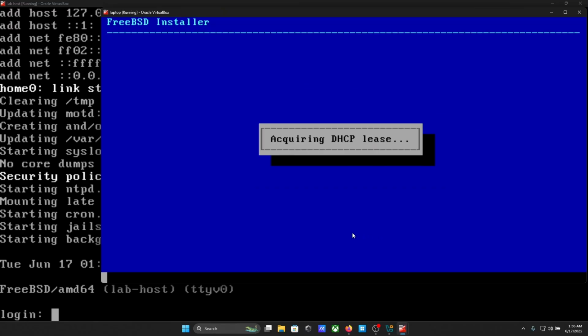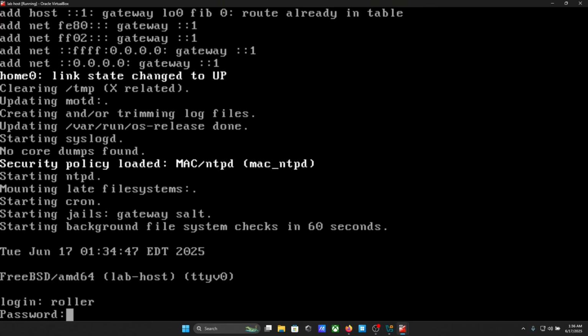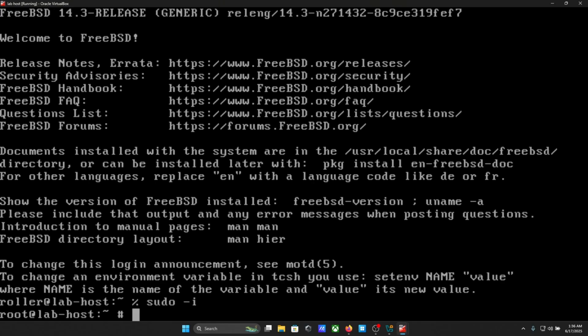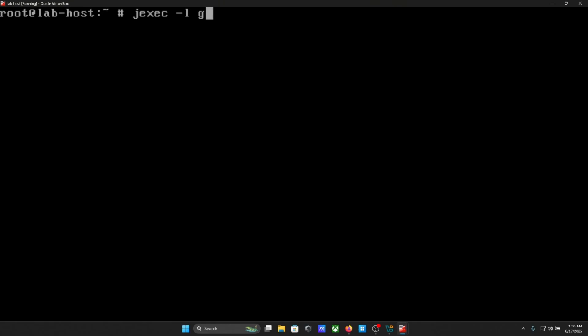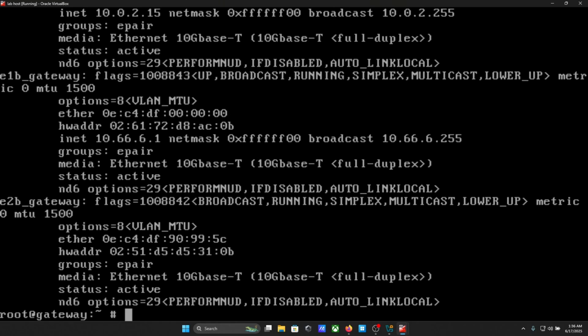If you want to see the addresses that the thing's handed out, you can check it right here. So you can go to roller. You can go sudo -i. You can do jexec -l gateway login -f root. You can see that